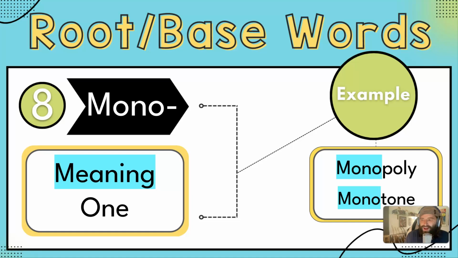Monopoly, a lot of people think of the board game, and that's true. Monopoly is the board game, but if you think about Monopoly, there can only be one winner. There can only be one person who owns all the properties, so that's what Monopoly comes from